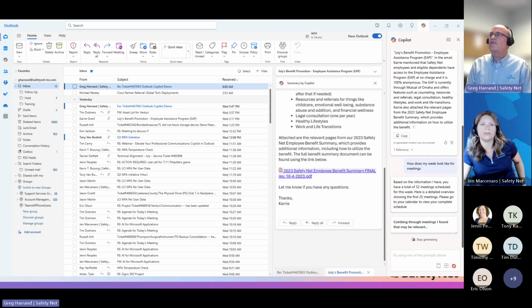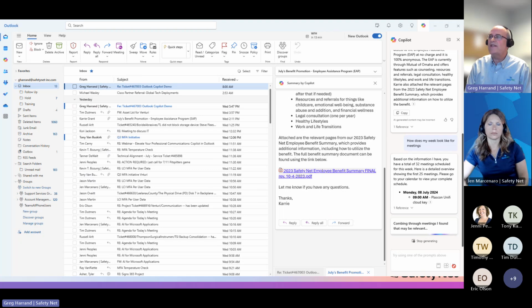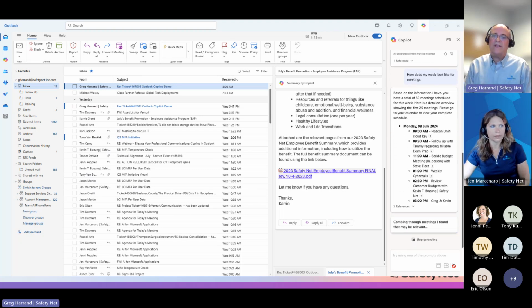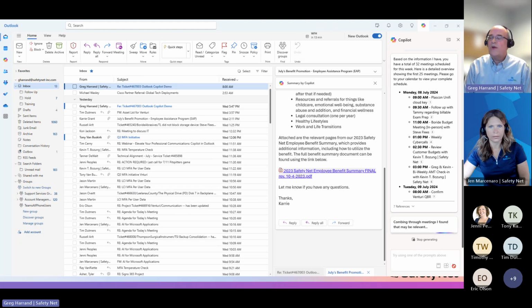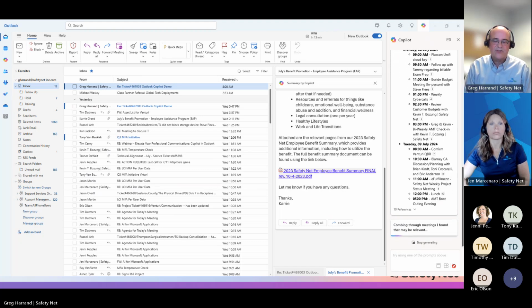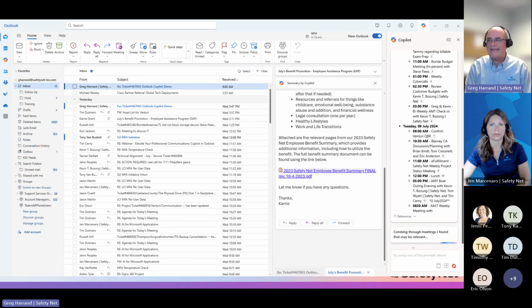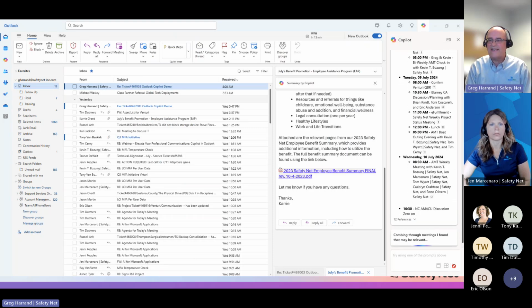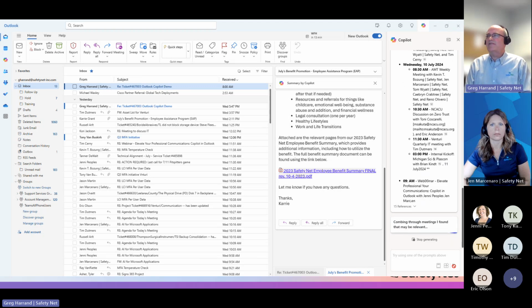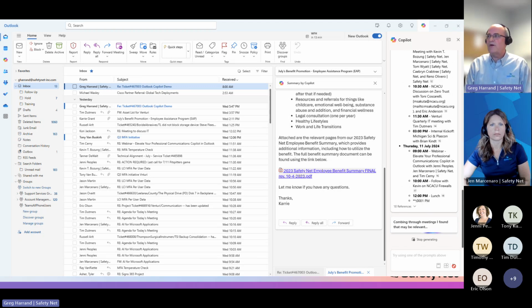The other useful feature that you can use in here is you can also say, when's my next meeting with Jen? So it will look through my calendar. I'm just giving you an example of types of things that you can pose.